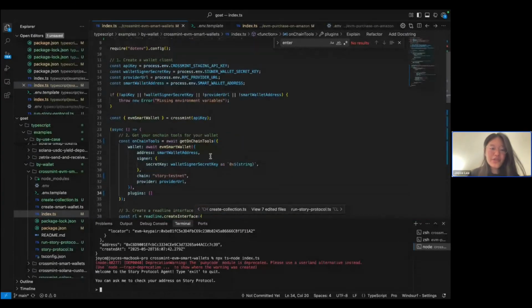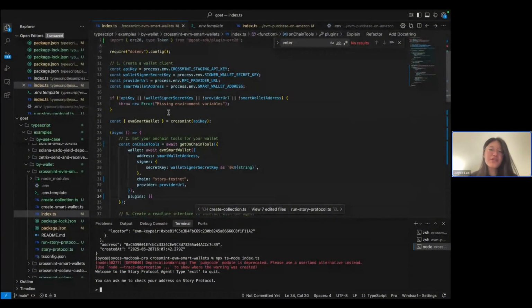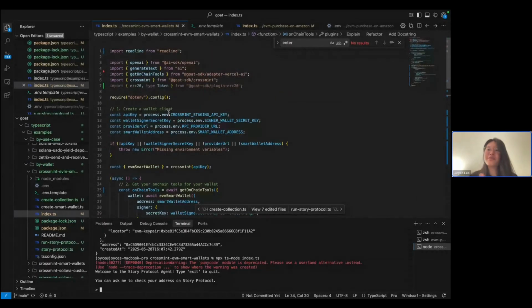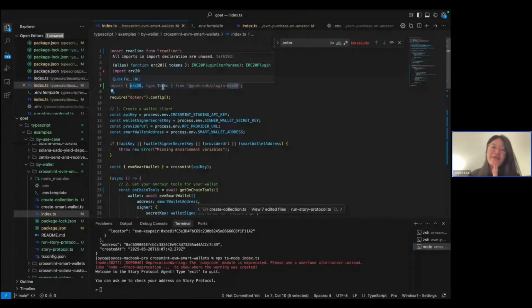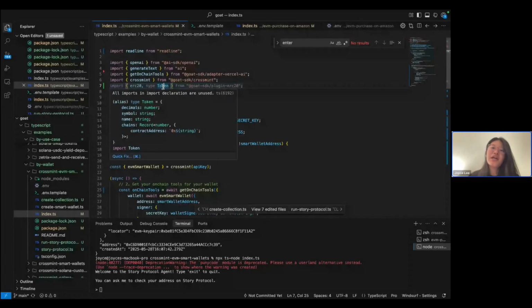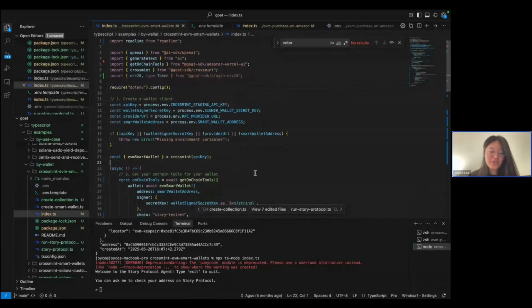Over here, as you can see, we don't have too many fancy plugins or tools. If you wanted to start sending tokens to each other, for example, wrapped IP, you would import the ERC20 plugin, and you have to define your own token definition. So, for example, just now we had